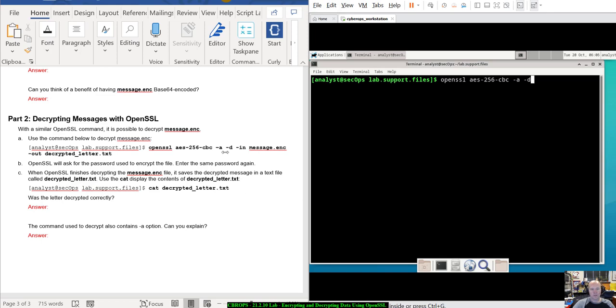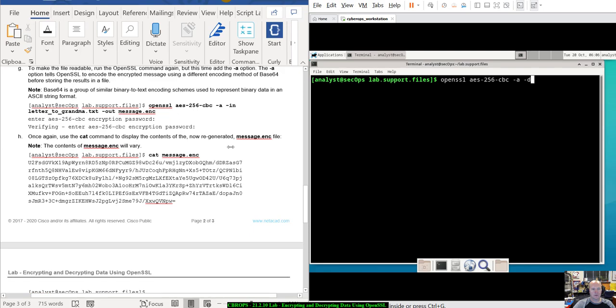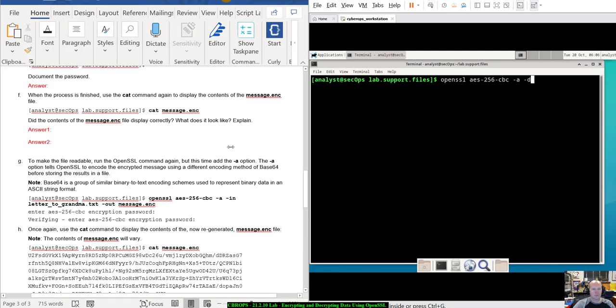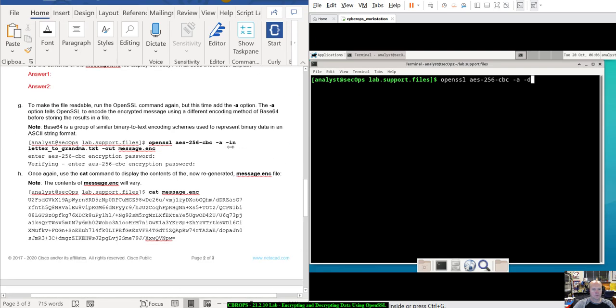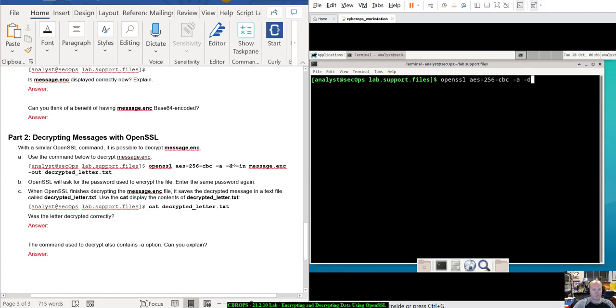So now we're taking a base64 encoded message and then we're decoding it. So up here we were base64 encoding it, right? And we're decoding it, but now our input is going to be the message.enc